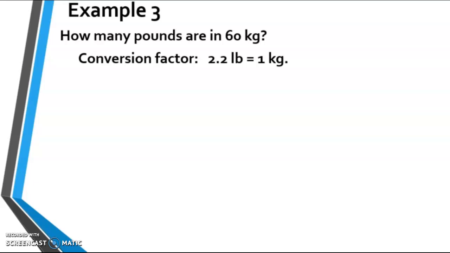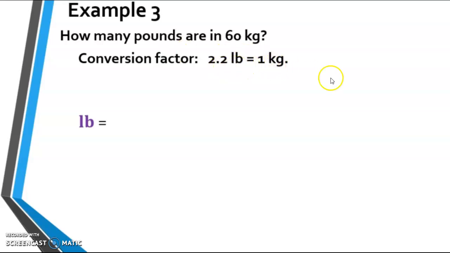Here in example number 3, we were asked how many pounds are in 60 kilograms. So our conversion factor between pounds and kilograms: there's 2.2 pounds in 1 kilogram. Okay, so we're going to start with our desired answer unit on the left, and it was asking how many pounds. So we're going to start with the abbreviation LB, and our first fraction needs to be the conversion